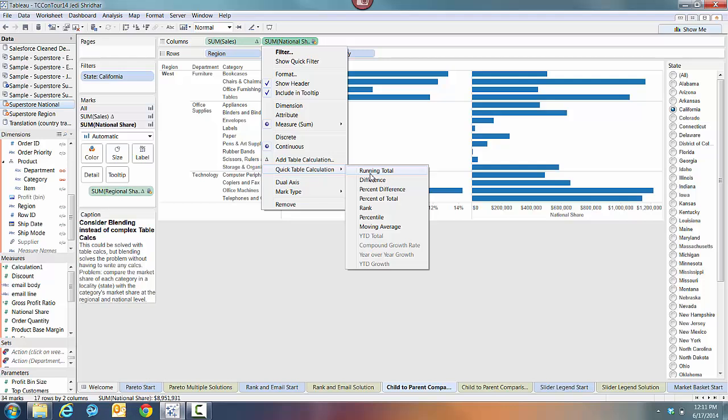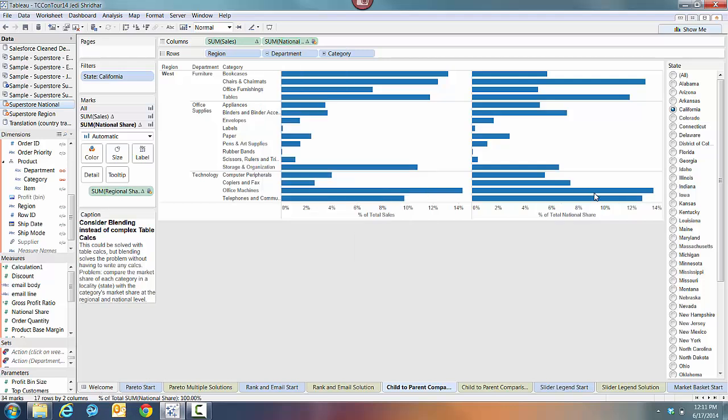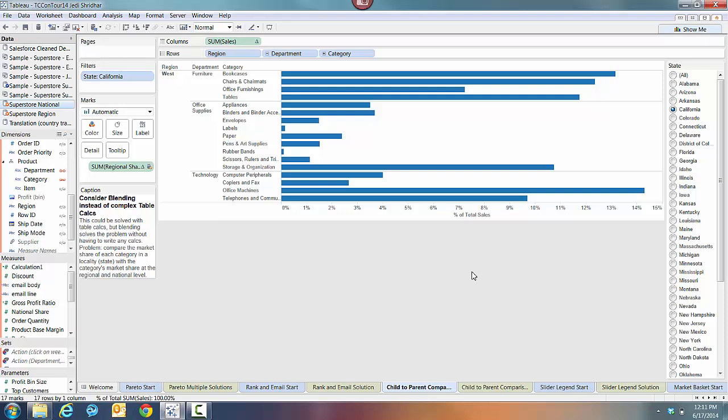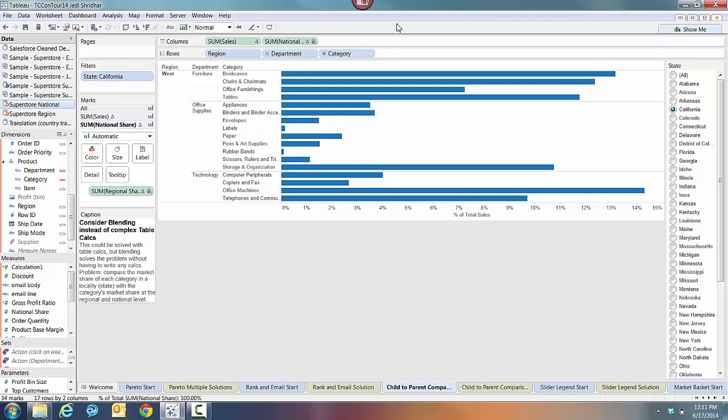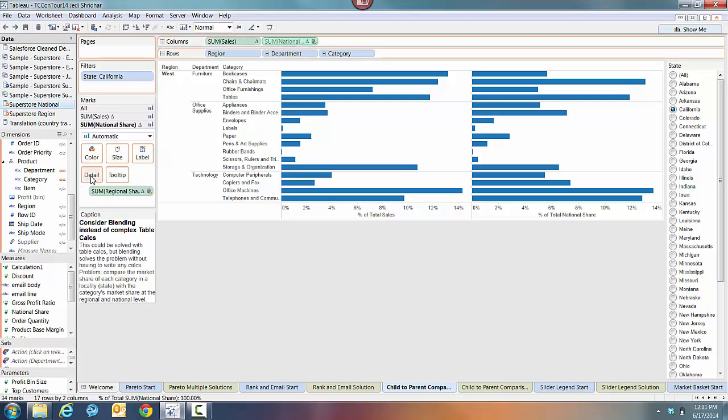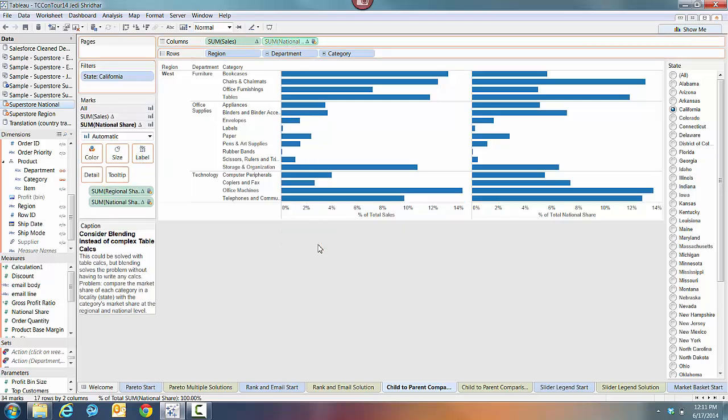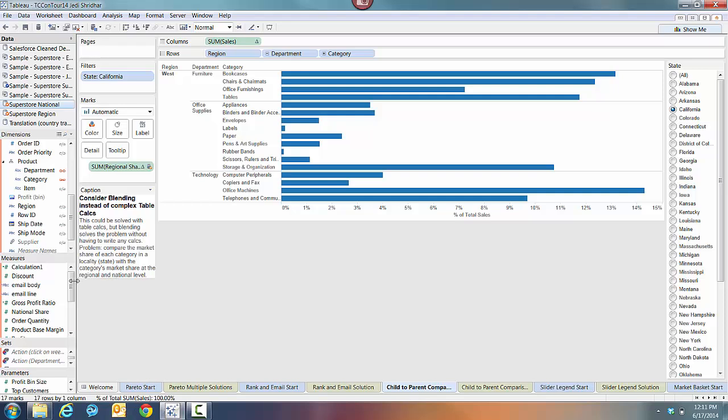And if I were to make this percentage of total, right, we'll get three different values. So if I were to now drop this into level of detail as well, we can create some really interesting visualization using